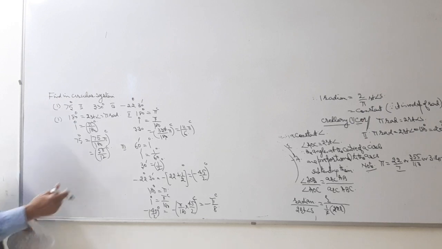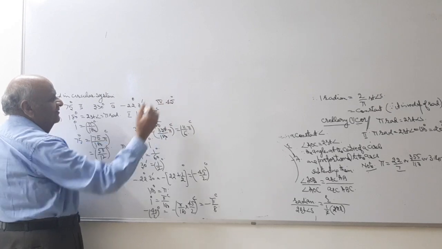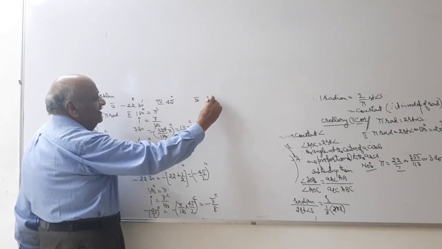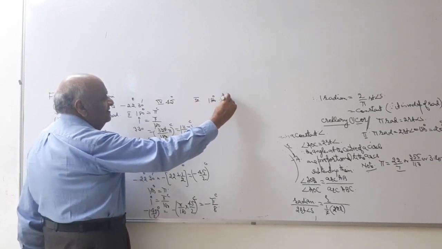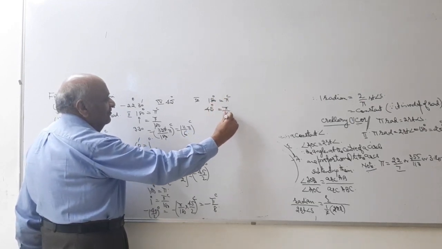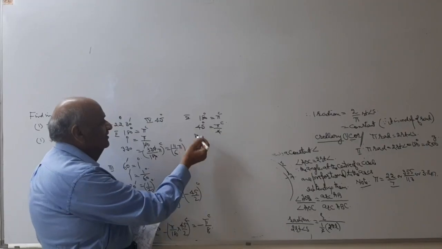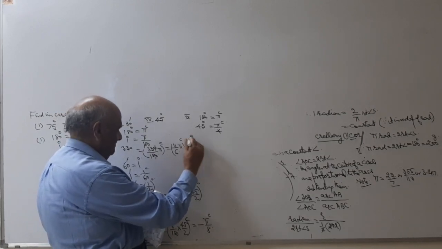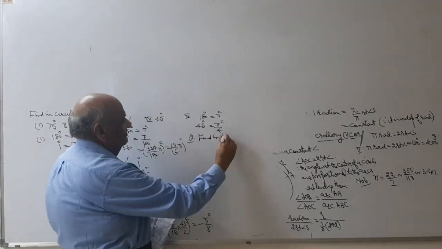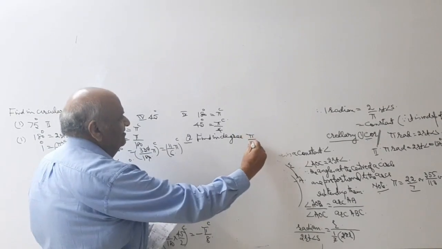For example, I can take one more, say the fourth one, it is 45 degrees. Very simple, you can try here, this is the fourth part, that is 180 degrees is equal to pi radians. Therefore 45 degrees is pi by 4 radians. Okay? Now the question is, in the reverse order, find in degrees pi upon 9 radians.